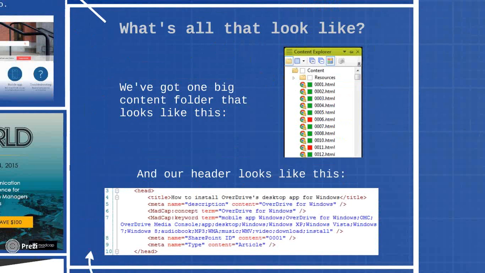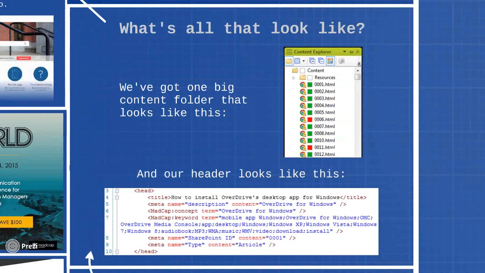I highlight this because it just goes to show you how powerful the metadata can be in Flare. This is HTML that lives in the header. It doesn't show up in your article body or anything like that, but it can be used to manipulate content that gets published to the web. You can put all sorts of things in here. You can call out the style guides if you want. You can put JavaScript in the header. We do that on some of our articles.